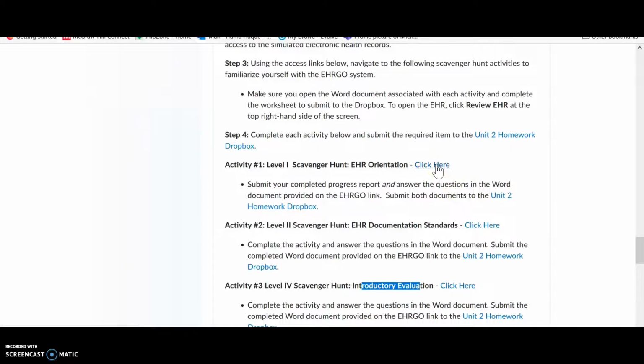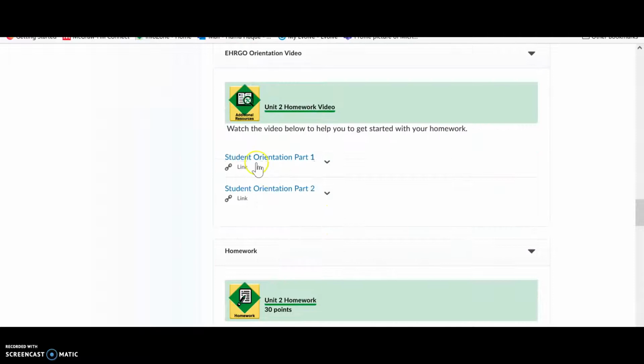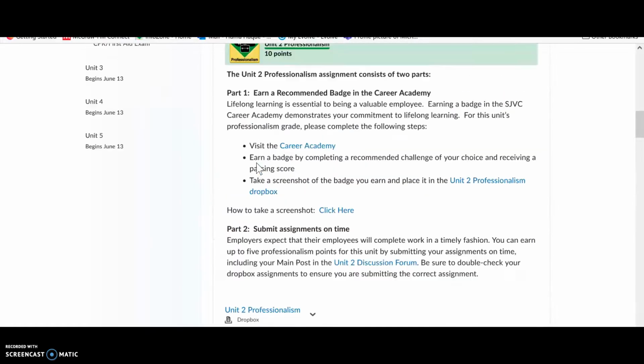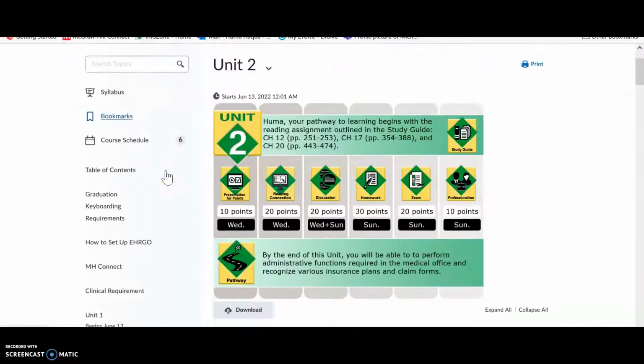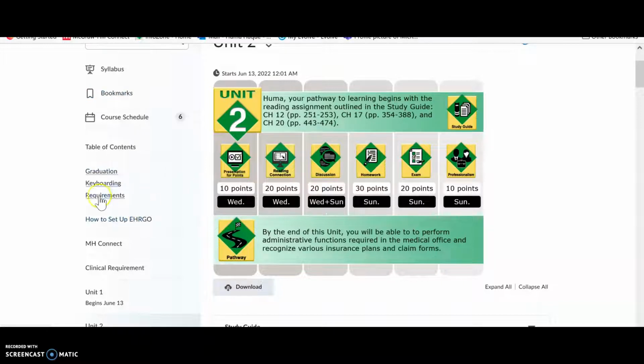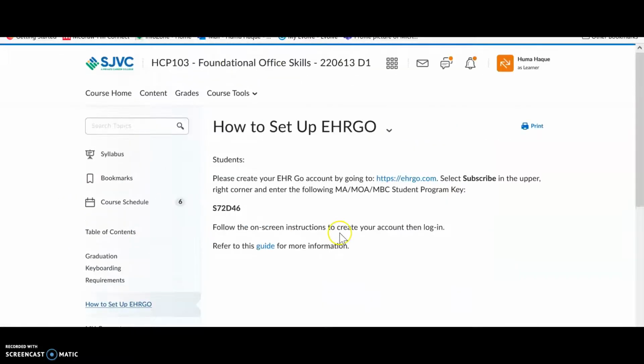Okay? Before you click here, you have to create an account. So how do we create an account? If you go up and you notice under the contents, you have how to set up EHR right here. So if you click here, you will see the instructions for how to set up EHR, and you can click